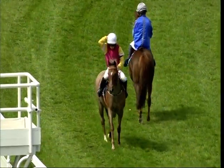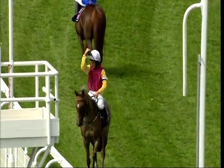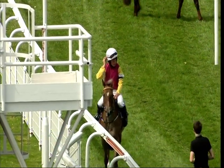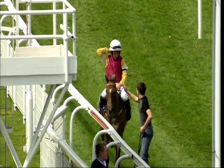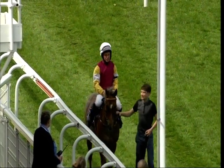First, number 1, Push the Button. Second, number 3. Third, number 2. The fourth pony home, number 8. The full result of our first Charles Owen pony race for 138 centimetres and under. First, number 1, Push the Button, ridden by James